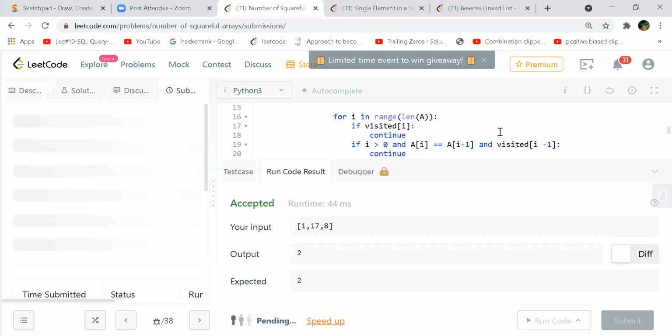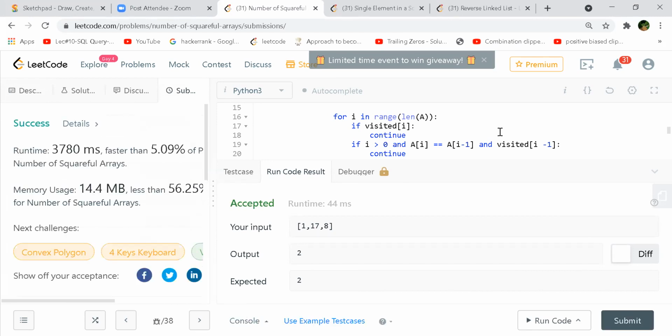Why is it taking so much time to compute? There might be a test case which has a long input list, right? But is it giving TLE or something? Oh, it got reduced. Thanks, Santosh. That count variable was really taking time, I think.